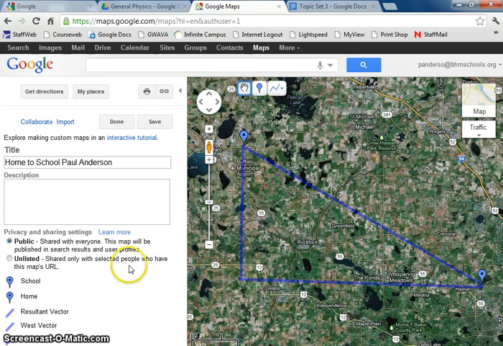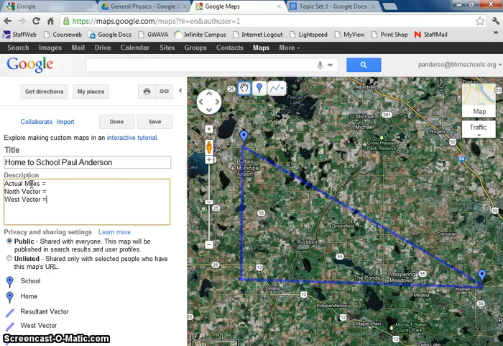From there, we want to go ahead and go into our description, and this is where you're going to tell me some information. So I'm going to be looking for things like what's the actual miles from your home to the school. We want to know what is the length of each of the leg vectors. So what is the north vector equals, and the west